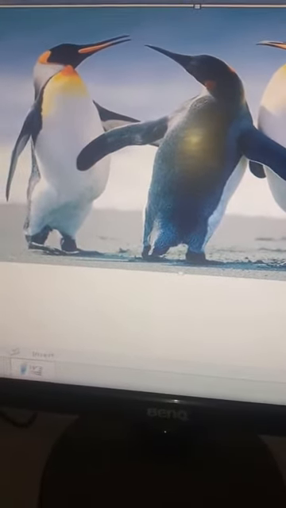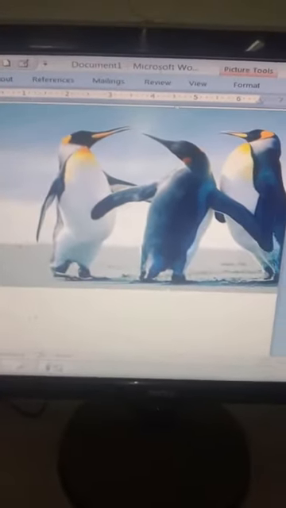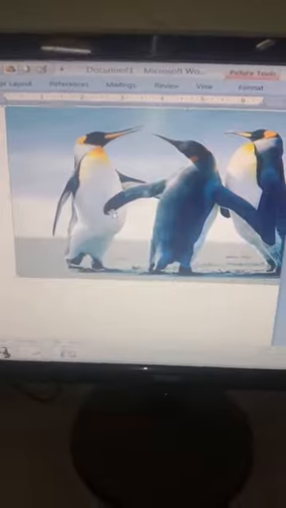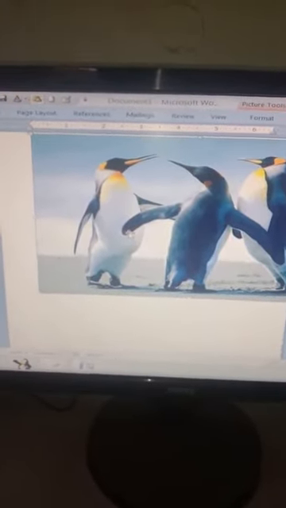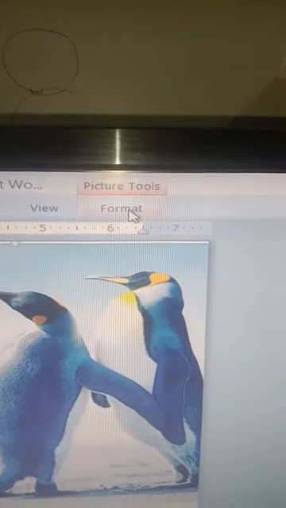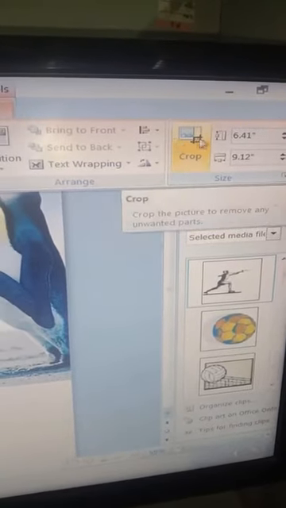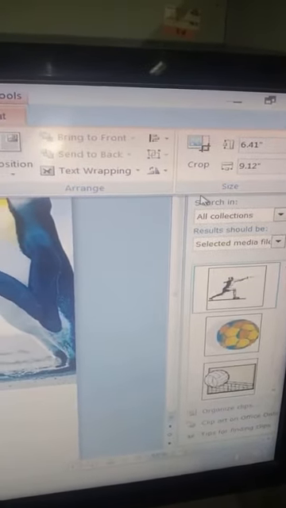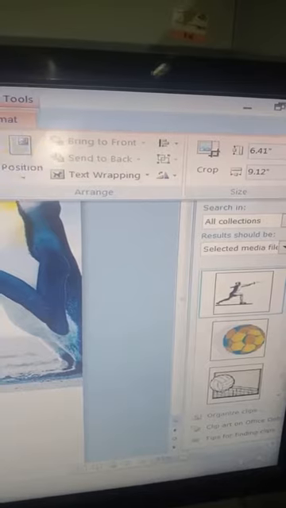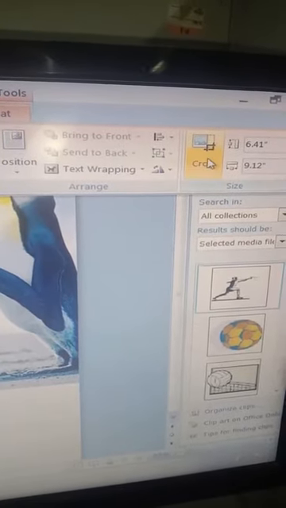So what are the steps to be done to crop a picture? First of all, select the picture that you want to crop. Suppose I have selected the picture. Now go to the format tab, like this is the format tab. Click on the format tab, and from the format tab we have the option of cropping. Cropping is a toggle button. Now what is a toggle button? A toggle button means once when clicked, it changes into the golden color.